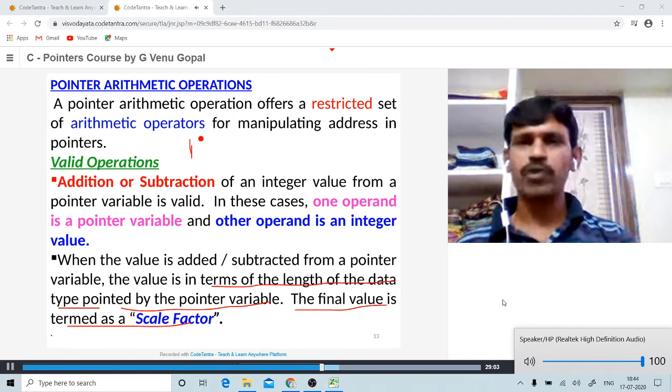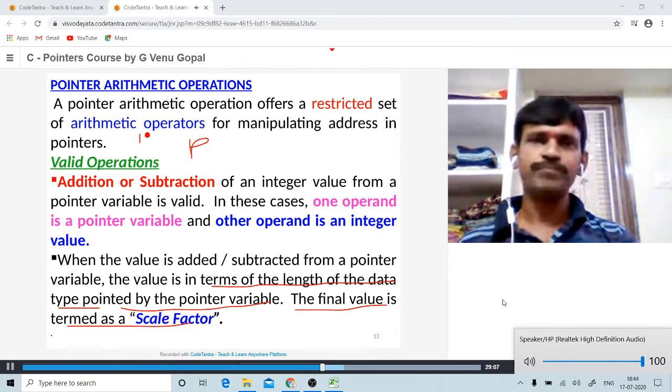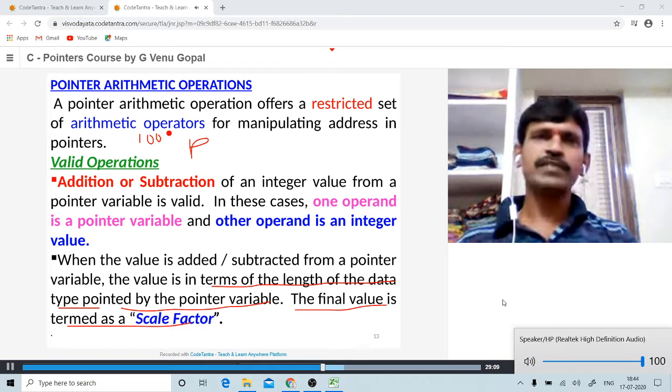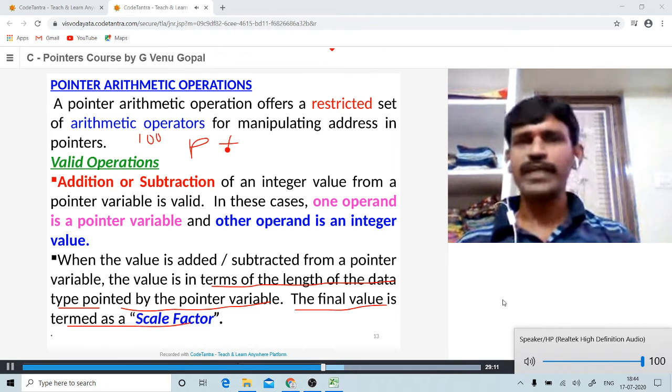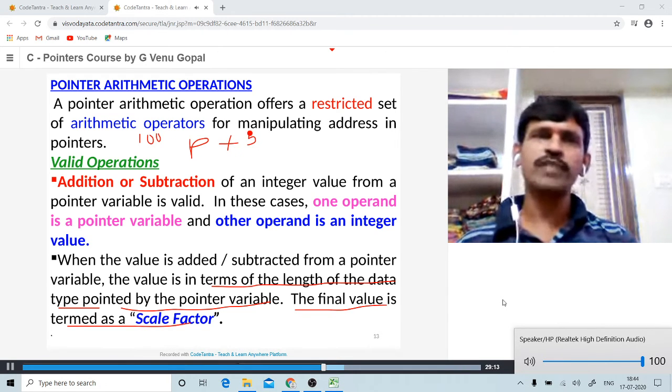For example, P is a pointer variable of type integer and assume that it holds the address 100. Now I want to add 5 to this. So P plus 5. When I do this, it is actually going to perform an addition like 100 plus 5. We assume that it is 105, but it is not actually 105.